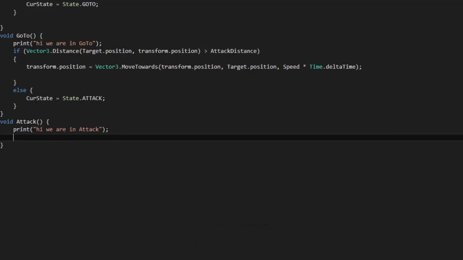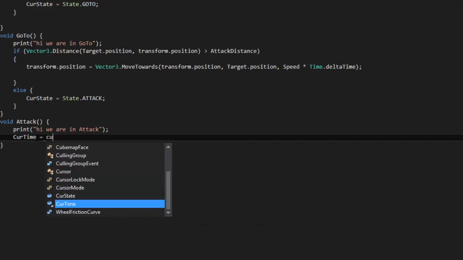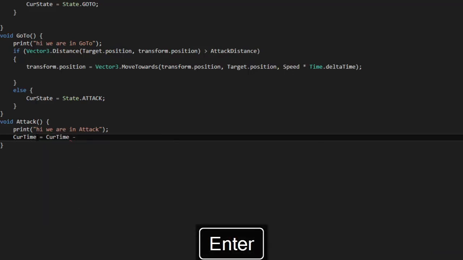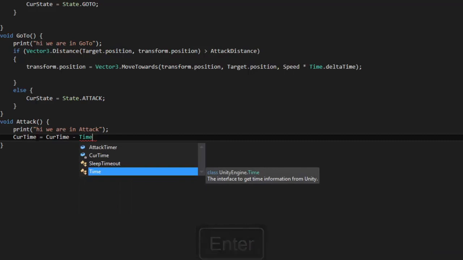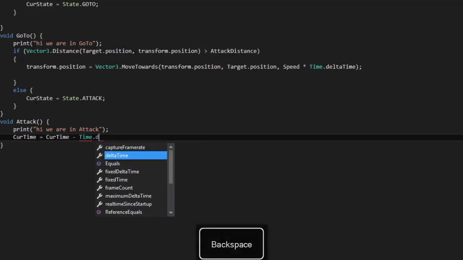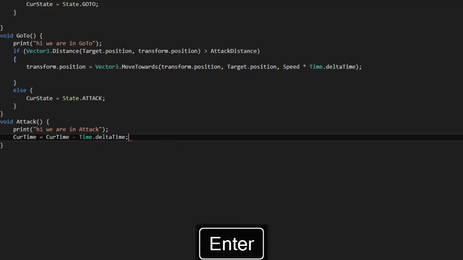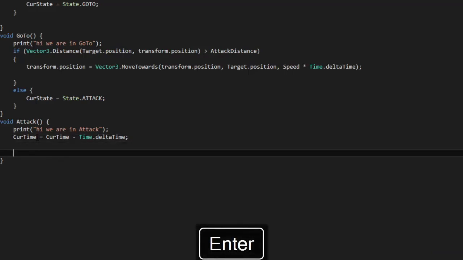with the flick of our wrists, go and make an attack formula. And to do that, we're going to do something like this. Cur time, and we're going to get our cur time, then we're going to make it equal to our cur time minus the time that's passed. So Time.deltaTime. So it'll be decreasing with time inside our game,